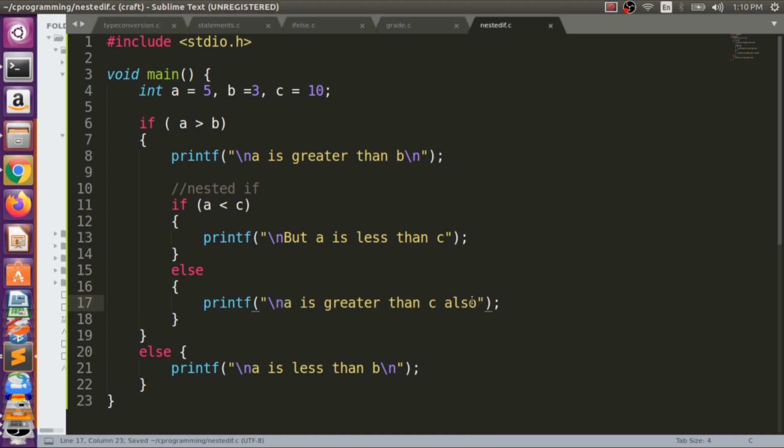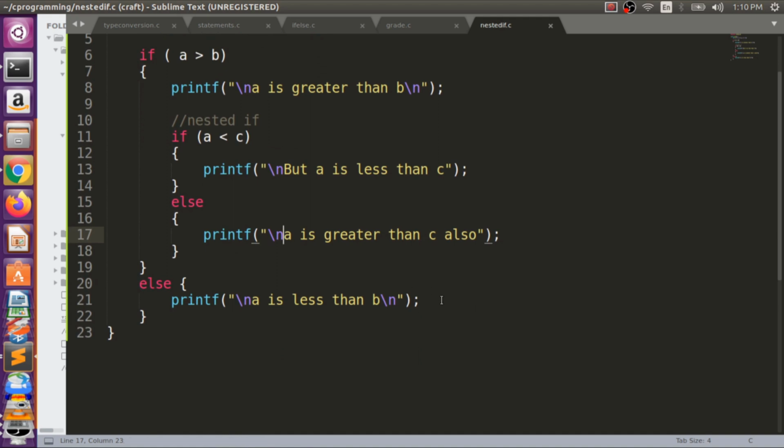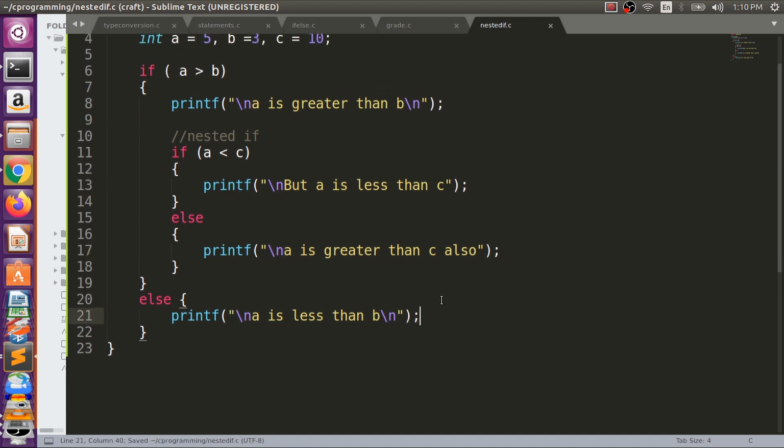n, right? And here what we will do, again we will check here, let me comment it out. If, else if, nested if.